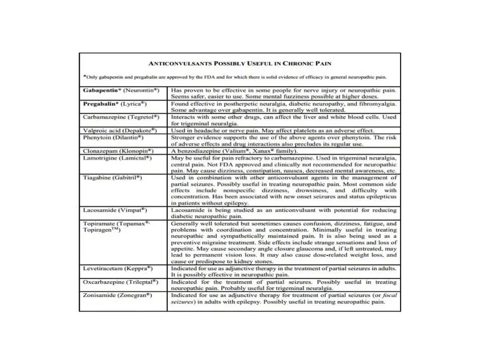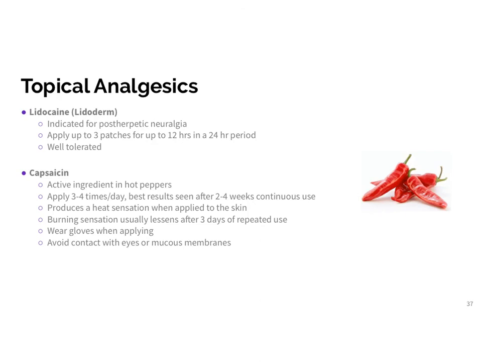Another class of drugs that have been used for neuropathic and chronic pain are the anticonvulsants. Anticonvulsants come in a lot of different varieties and they work in many different ways. This chart has a list of just some of the medications that have been used out of this class to treat various types of pain. There are also topical analgesics that we haven't mentioned yet. We mentioned that diclofenac in the NSAID category has a topical dosage form, but there's also lidocaine and capsaicin.